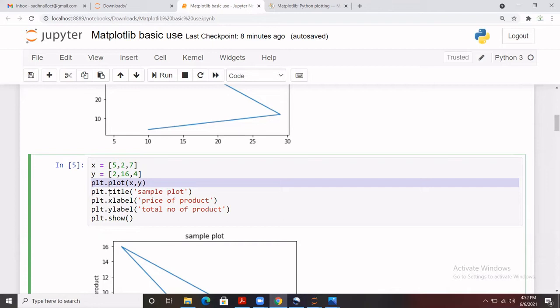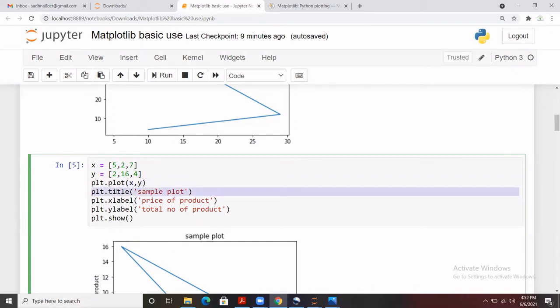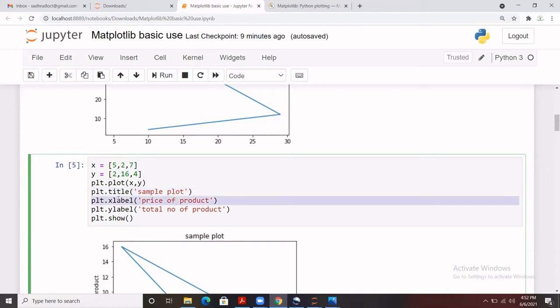Whenever we create any plot or visual graph, we give a certain name or title to it, and we represent what exactly the x-axis and the y-axis stand for. So we can name them and display them on the graph as well. Title is where we give the name of that particular graph, and xlabel is a predefined function where we can mention what the x-axis is about. You can put any information, and for ylabel as well, and once you run it, it will be